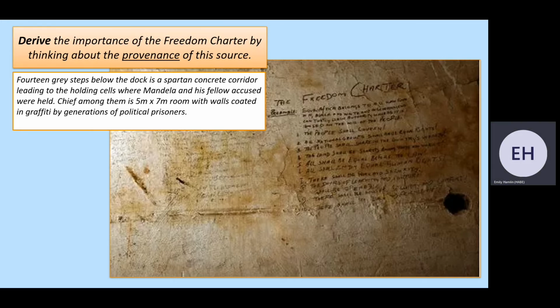Look at this image on the right-hand side. This is the source itself. It's a bit of writing on a wall. Named the Freedom Charter. Now, a bit of context here. The Freedom Charter was written up in 1955 by a collection of different opposition groups who were very much against apartheid. It has a series of hopes and dreams for South Africa, and it was South Africa as a whole. The crux of this is that written here is just that they hoped to build unity, they hoped to build fairness, they hoped to build equality.